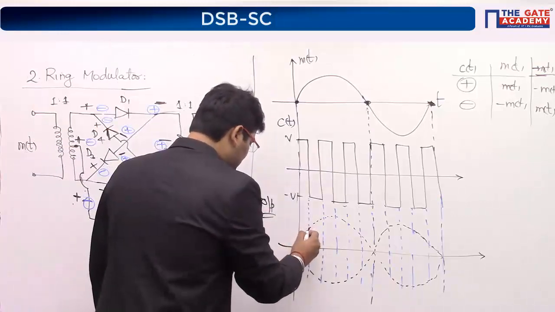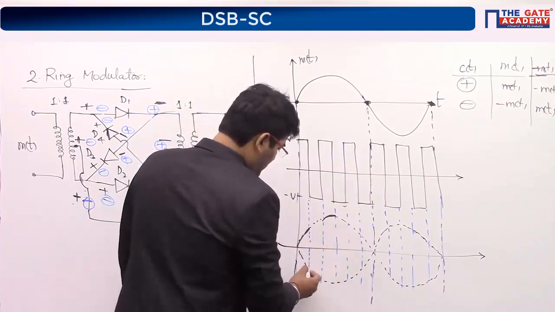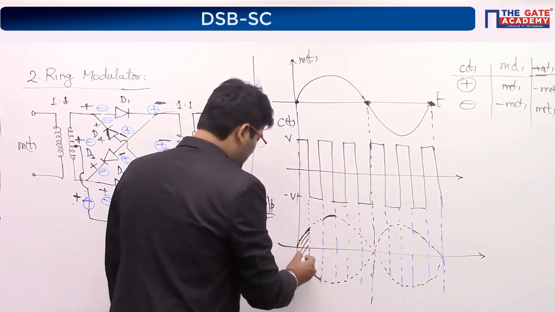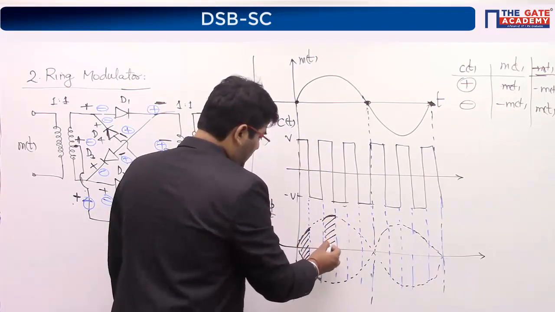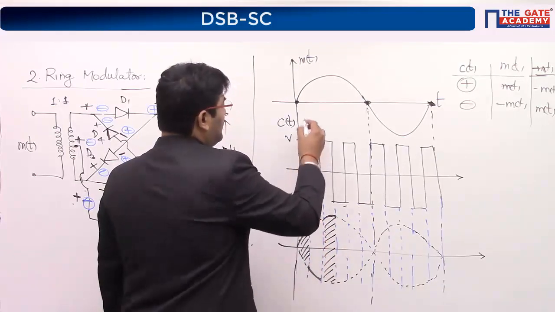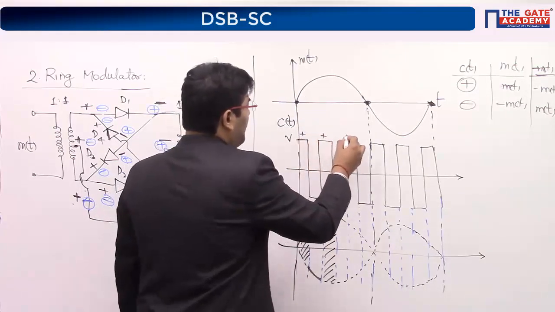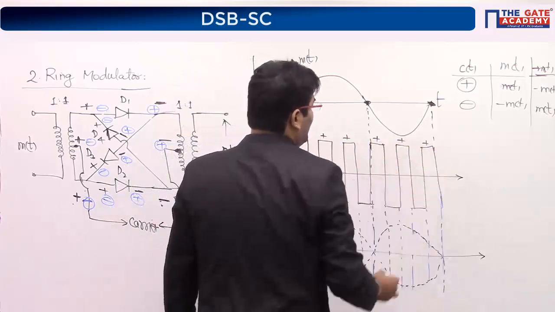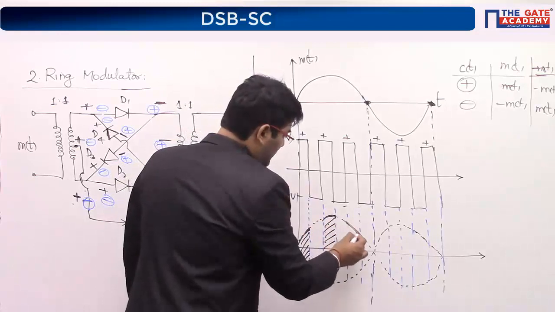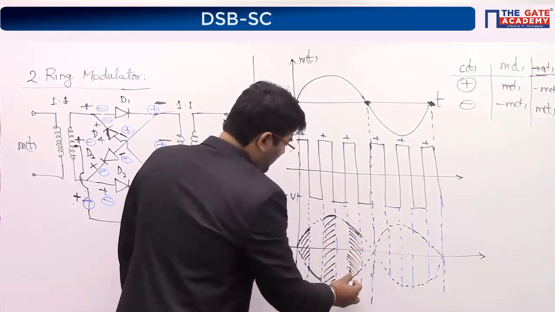You will get this, right? And then you will get this. Then you will get this. I'm making it dark. So guys, I'm doing this. This you will get. Because this is, guys, see what? If it is positive, you get mt. This is positive, positive, so let me write positive, positive, positive, positive, positive, positive. Correct? So you get this line, right? And then you also get this. So you get this. Why I'm shading, there's a reason for that.